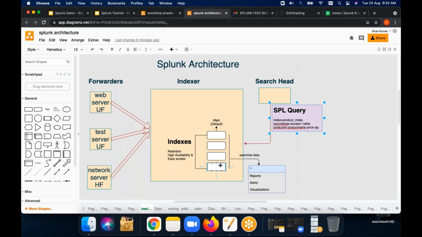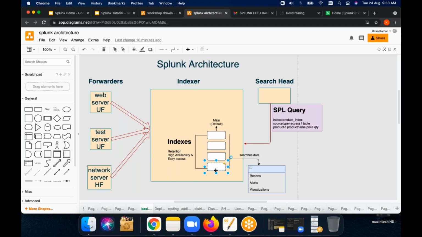Now you have understood. Good. Now, whatever data is coming from the forwarders, is it feasible to store it in a single index? Anybody can answer, irrespective of the size of the data. If data is coming from different servers, is it feasible to store it in a single index, or do we have to store it in multiple indexes?